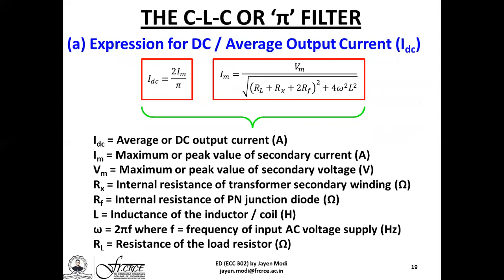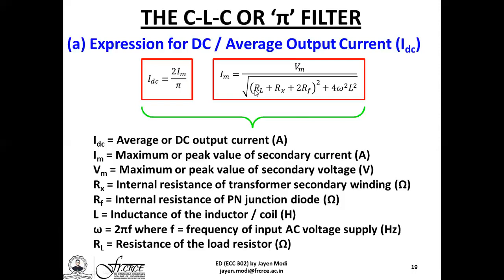The expressions for the DC or the average output current IDC are exactly the same as that of the inductor and the inductor capacitor filter, where IDC is equal to twice Im upon pi, where Im is nothing but the maximum or the peak secondary current given by the expression Im is equal to Vm divided by square root of (RL plus Rx plus twice Rf the whole term) square plus 4 times omega square L square, in which Vm is simply the maximum or the peak value of the secondary voltage,